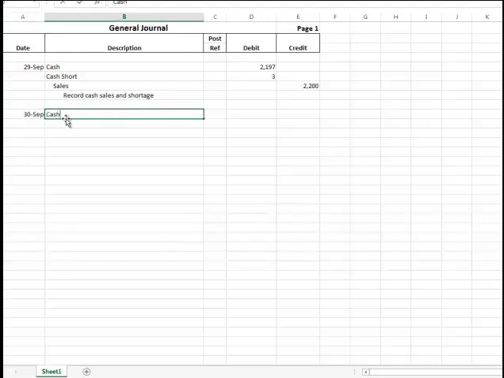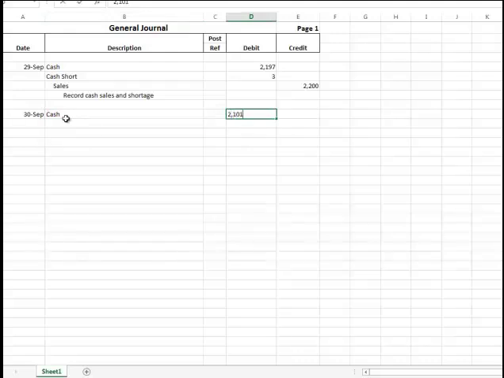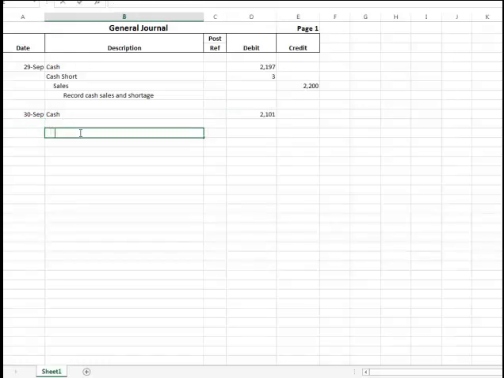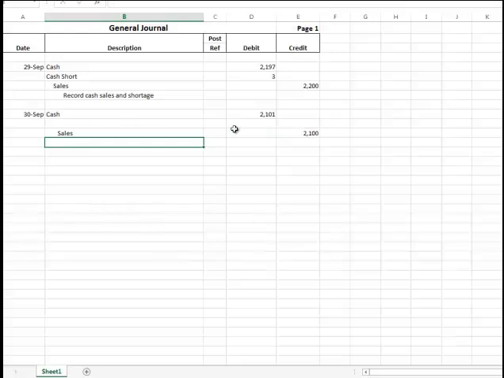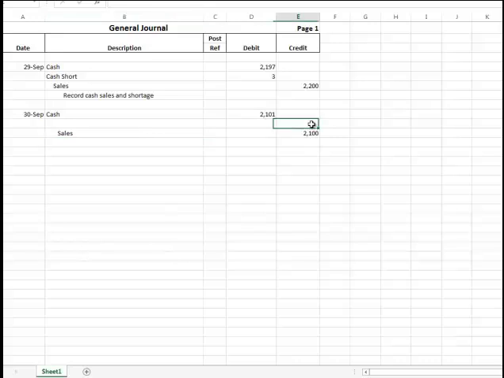So I'm going to go back over to my journal, and I'm going to record September 30th. I'm going to debit the cash account for the amount of the cash I brought in minus my change fund. So $2,101 is what I brought in. I'm going to skip a line and credit the sales account for the amount that showed on my cash register tape, which was $2,100. So now I have a difference, and it's going to take $1 on the credit